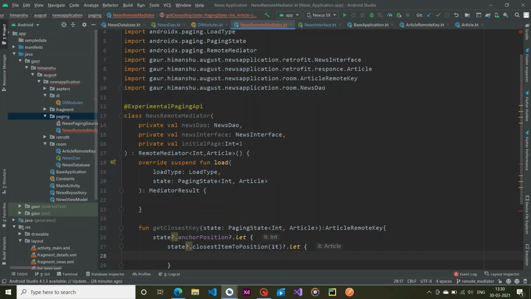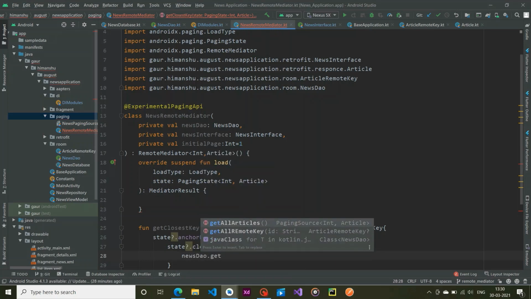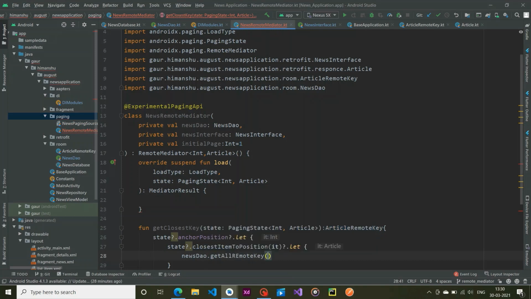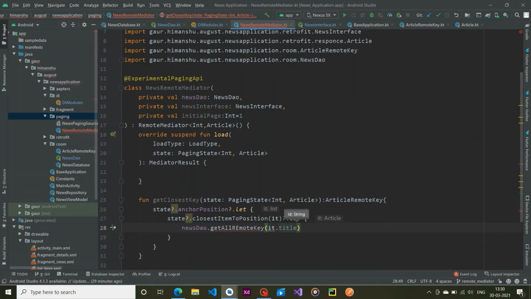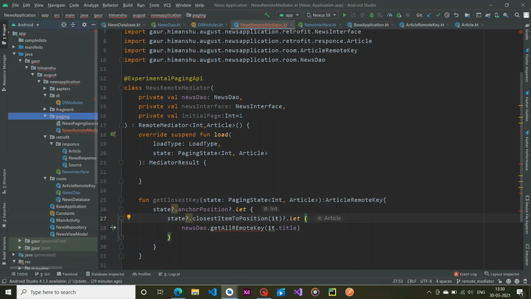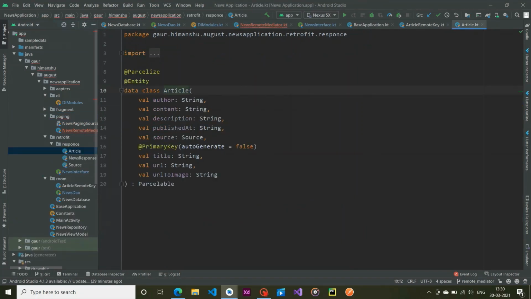It will give us the article. By using newsDao we get all our remote keys, and the ID is coming from this article. The ID in our article case is our title. I'll show you, otherwise you will be confused. On the Retrofit response Article, you can see this title is our primary key.